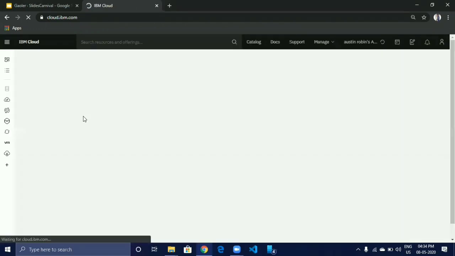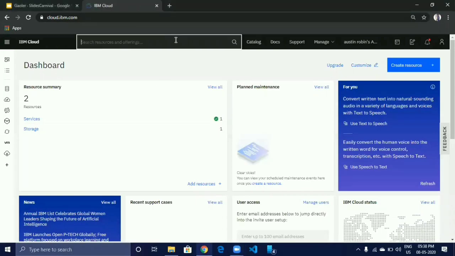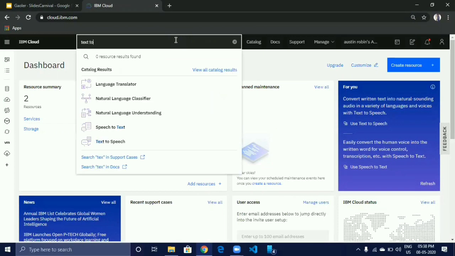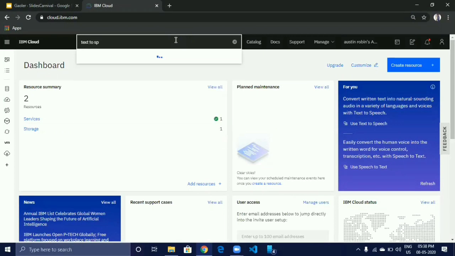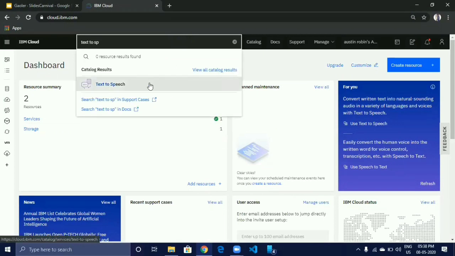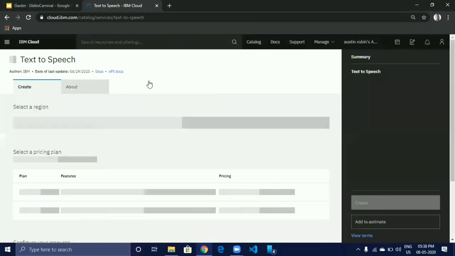As soon as you logged into IBM Cloud, you will land on IBM Cloud dashboard. Go to the search bar, search for text to speech, then click on text to speech. This will take you to the creation page of IBM Watson text to speech service.